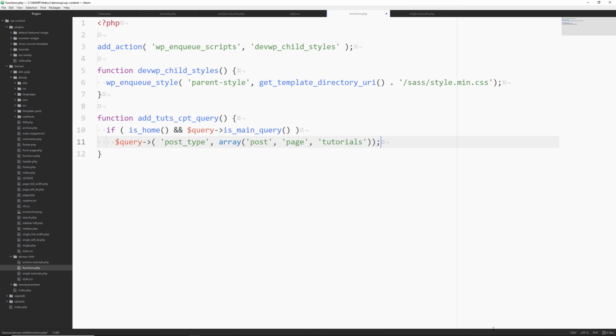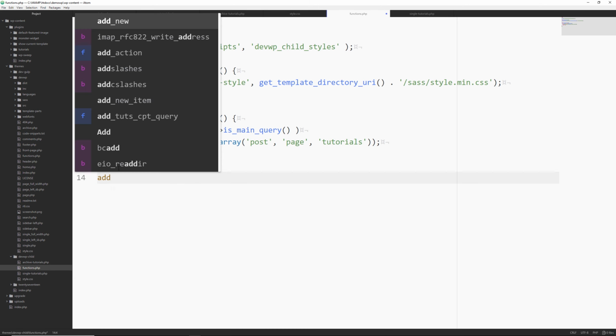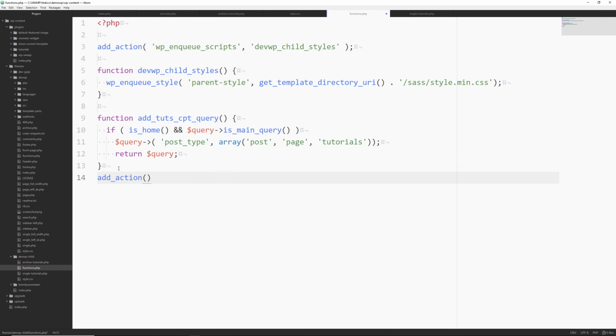Put in our semicolon there, and then we'll return query. I will save that. I'm going to go down here. We're going to type out add action parentheses, and then we're going to use the pre-get post hook over here. Put in a comma. Then we're going to grab this here, place it there. We're going to save this.